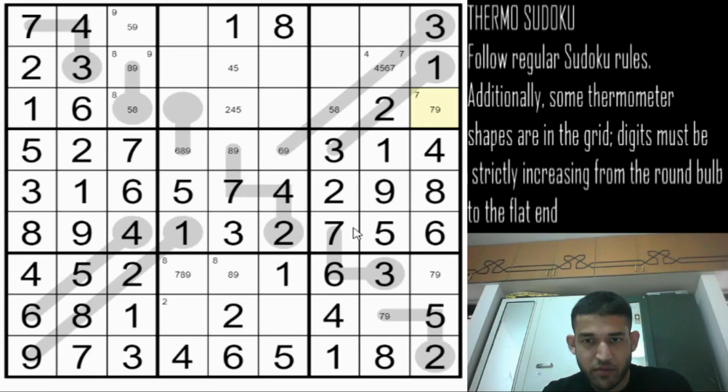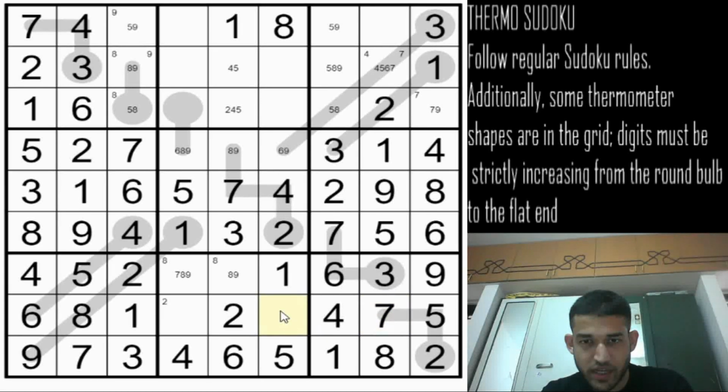and column 7 can be filled now. 1, 4, 6, 2, 3, 7. 5, 8 and 9 are the only possibilities. This will be 5, 8, 9. This will be 5 and 9, and 4, 6 and 7 have to be filled in box 3 now, and box 9 we can put the 9, because 9 is there in column 8. So this is a 9, this is a 7.